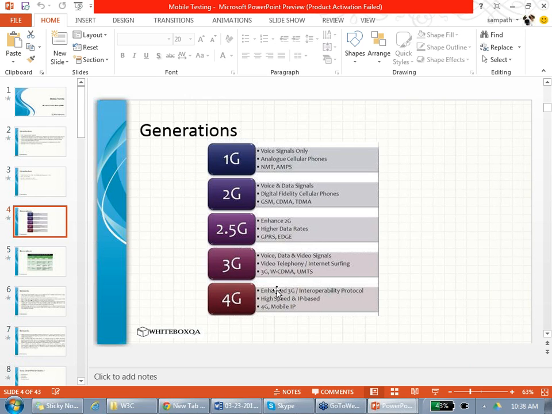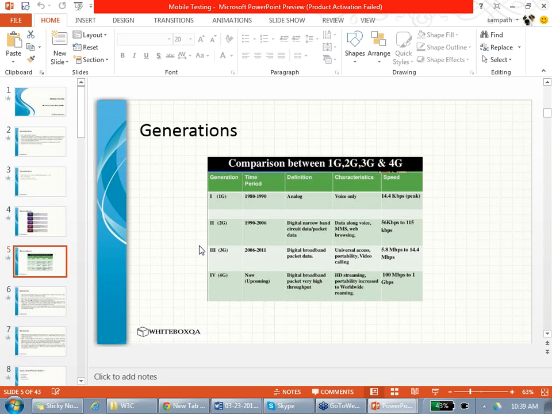3G is all about internet, because if you want to use internet, you need higher rates. Agree? You need higher rates of data. So carriers moved to CDMA technology because CDMA was offering high bandwidth of data. Okay, so this is all 3G. So you can do video, you can do surfing, internet and everything. So that is all about 3G. CDMA, code division multiplexing, I forgot exactly. Okay, all right.